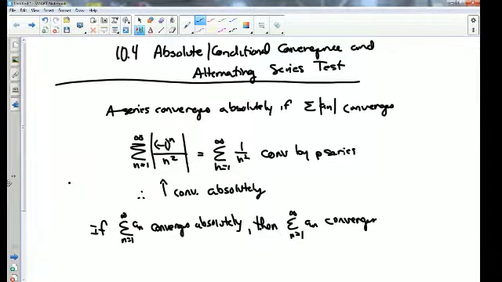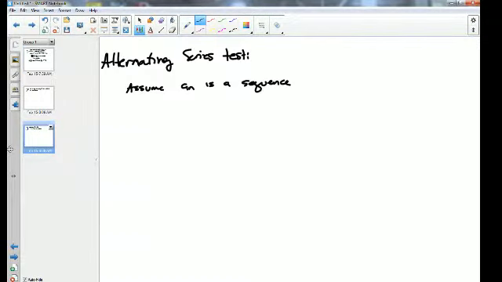So what's the contrapositive? The contrapositive is if not this. So if this does not converge, then this does not converge. Right. Switch it and negate it. Yeah, whole theory games. Okay, so for the alternating series test, we're going to have a sequence a sub n